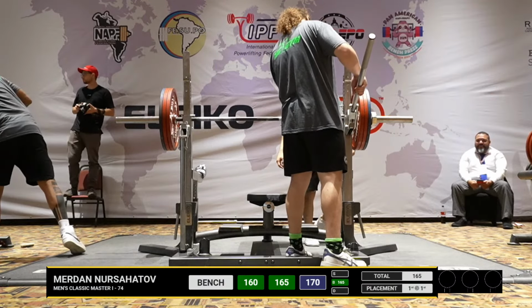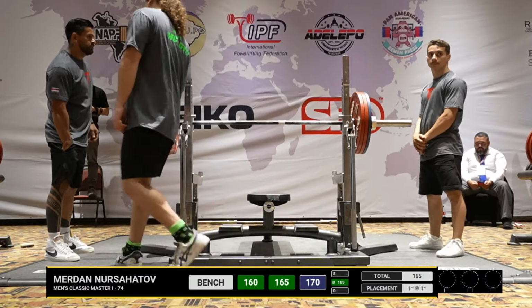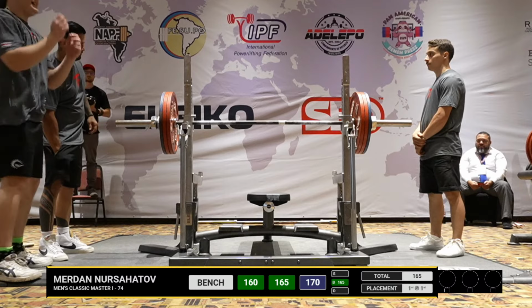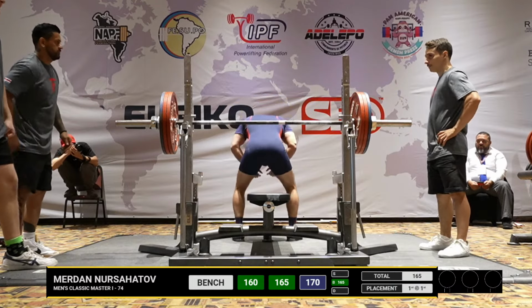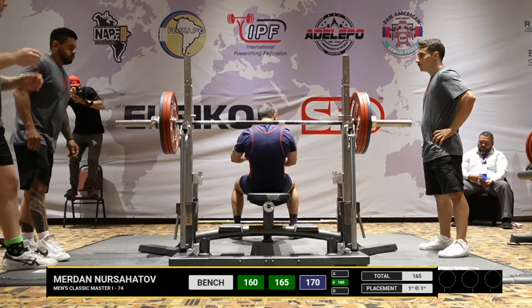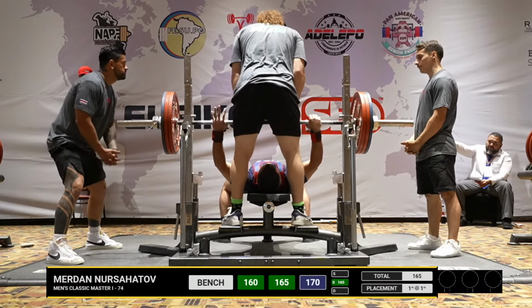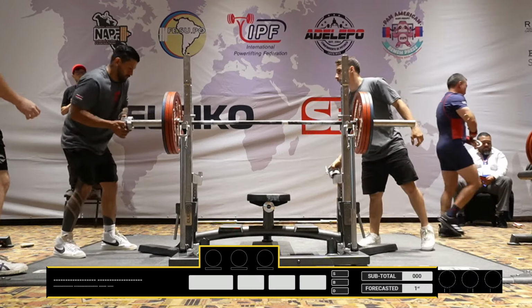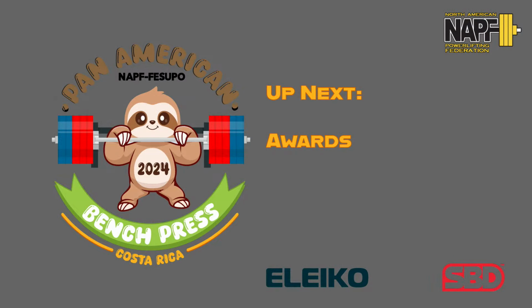So our last lift of this session 2, Masters 174 kilo class. Bar is loaded, 170 kilos, awaits Merton Nursatov of the United States. According to the records that I have in front of me, this is to add to the Pan American bench record. Oh, not quite there. So he broke the Pan American record back on his opener, then they had to do it on his second and missed it there on the third, but he just rewrote the Pan American bench record books there in that Masters 174